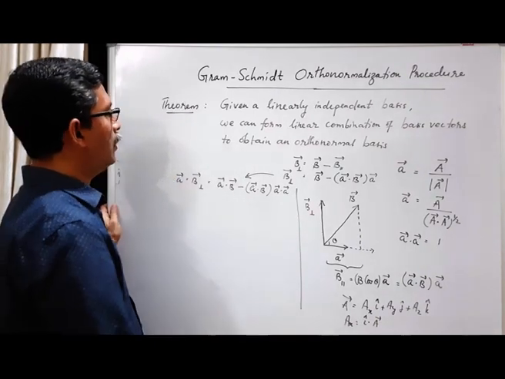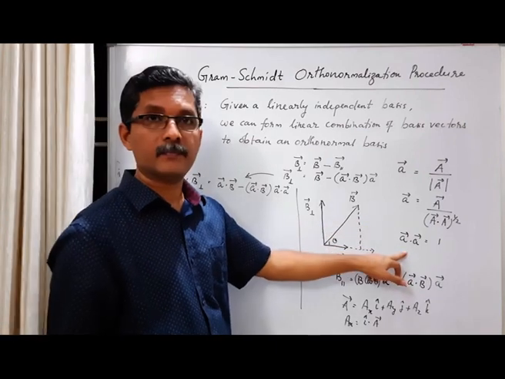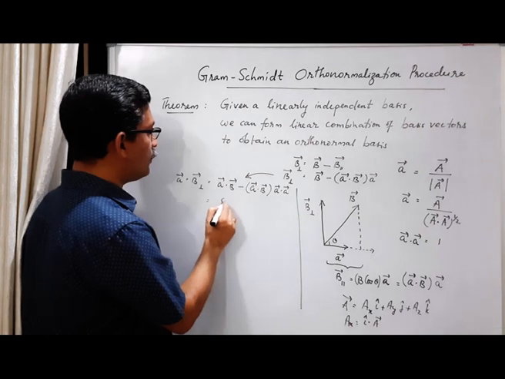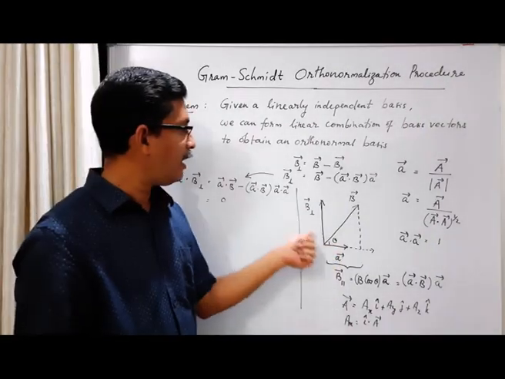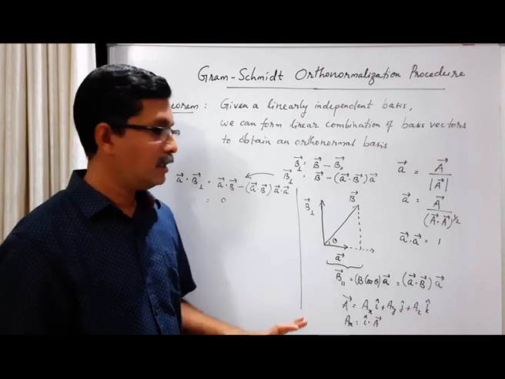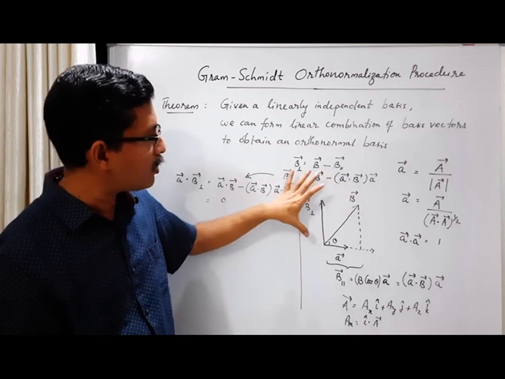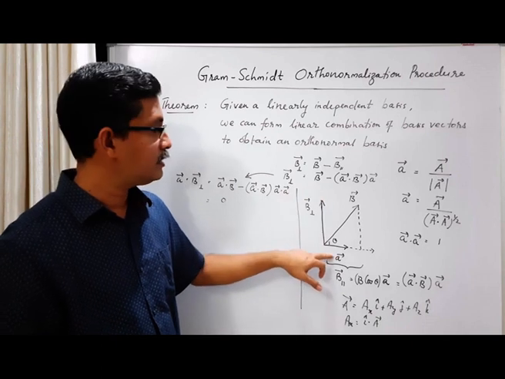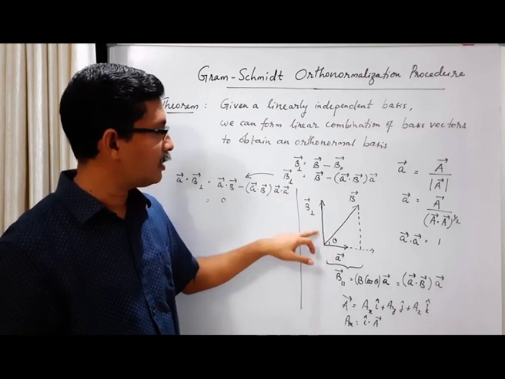Okay, and here A dot A is 1, we know it from here. A is already a normalized vector, so we get A dot B minus A dot B, which is 0. So it clearly shows that the vectors A and B are mutually perpendicular. So from the vector B, we have got a part of B which is perpendicular to this vector A. Okay, so they are orthogonal to each other.